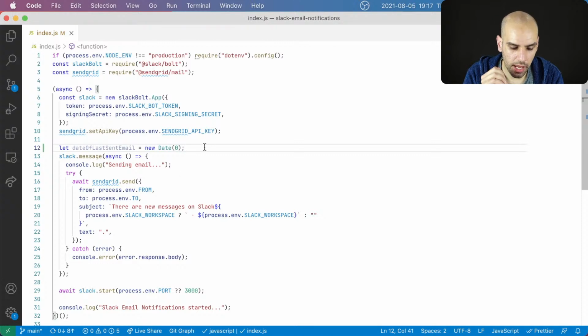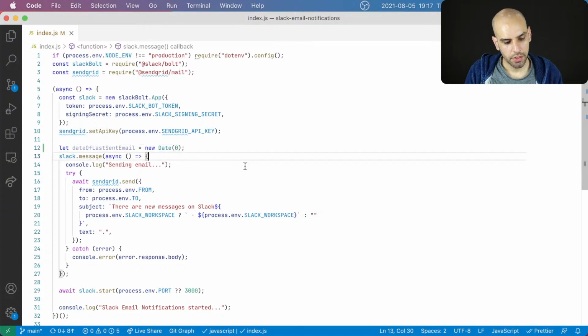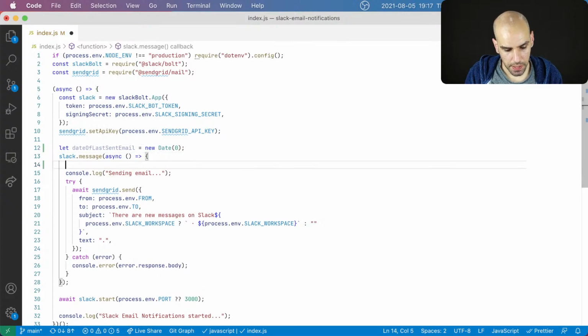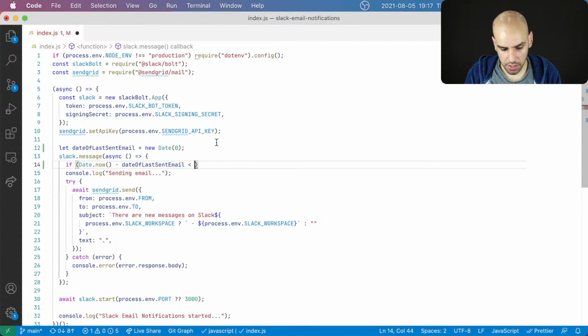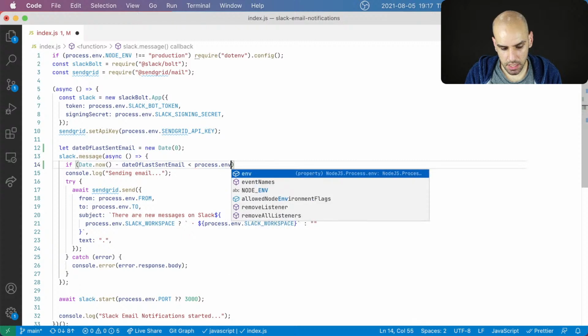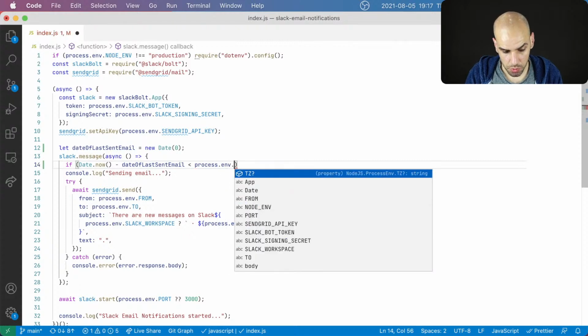Then I can have something in here that will be: if date now minus the date of last sent email. So date now is the current date, and the date of the last sent email, that's going to be in milliseconds. So if the difference is less than a certain number, and I guess I will receive this number from an environment variable.